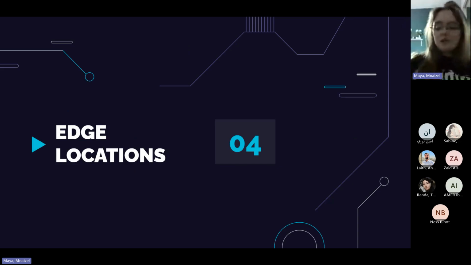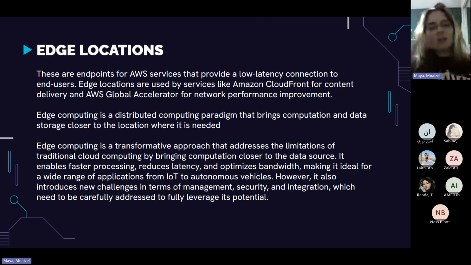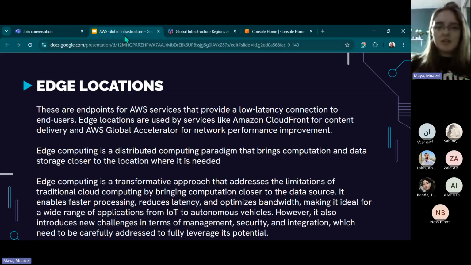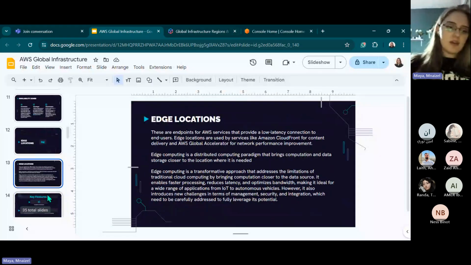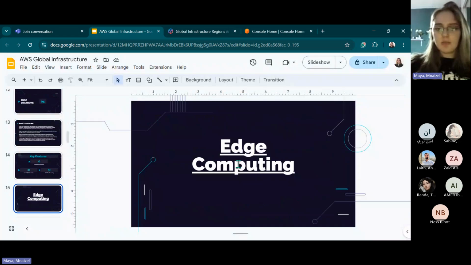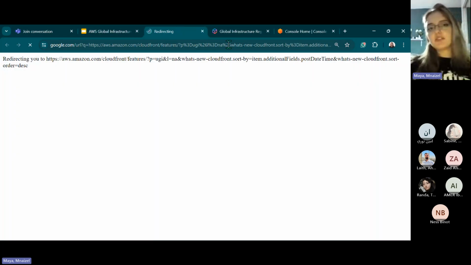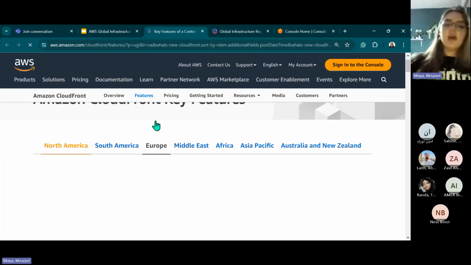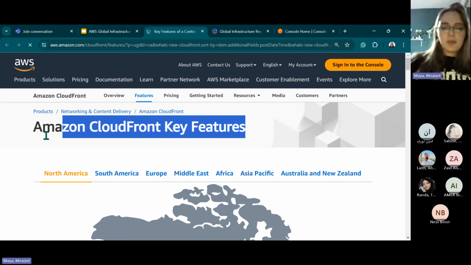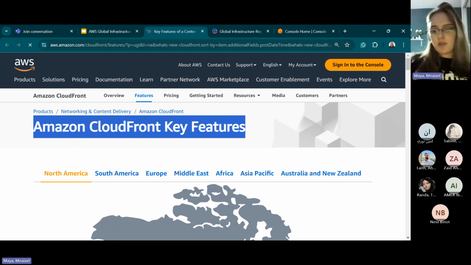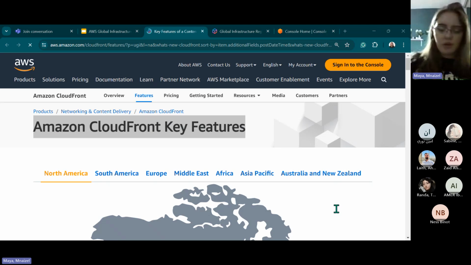Okay, so edge location is different from availability zones and regions. For edge location or edge computing, I really don't like to read off the slide, so let us open the link we have here on edge computing. We need to understand that edge computing is kind of different. The service for edge computing is called AWS CloudFront. If the exam gives you a question about edge